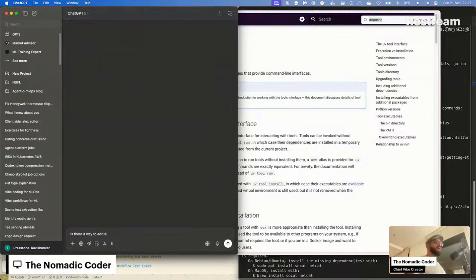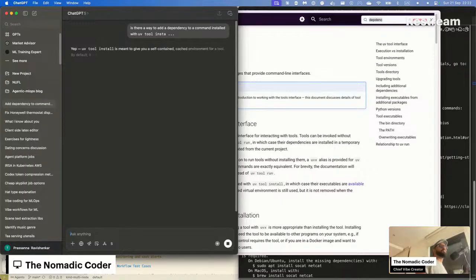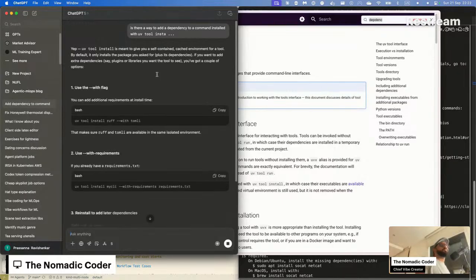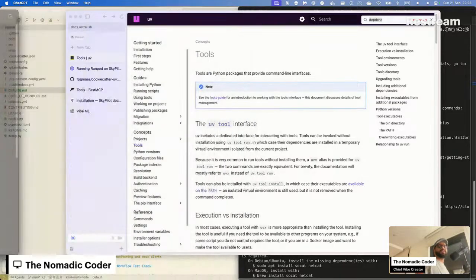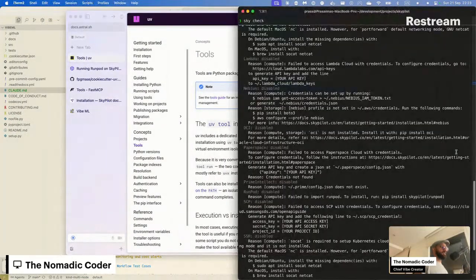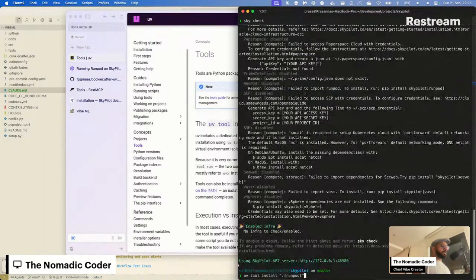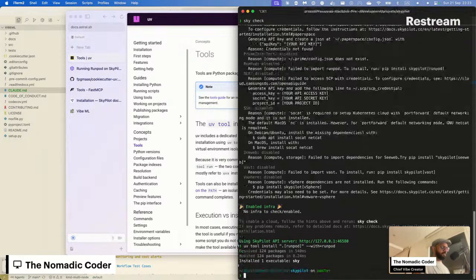Is there a way to add a dependency to a command installed with UV? Install with? That's cool. So I just need to do this. Why don't you guys ship RunPod with it?